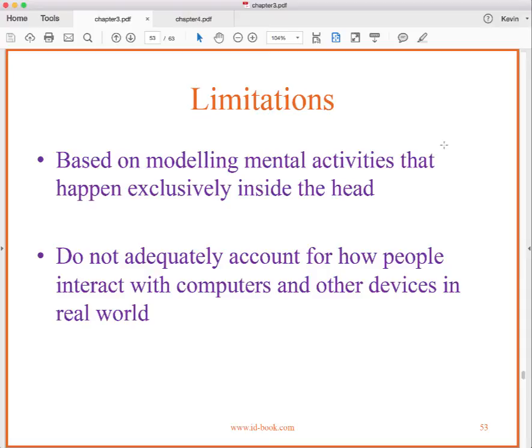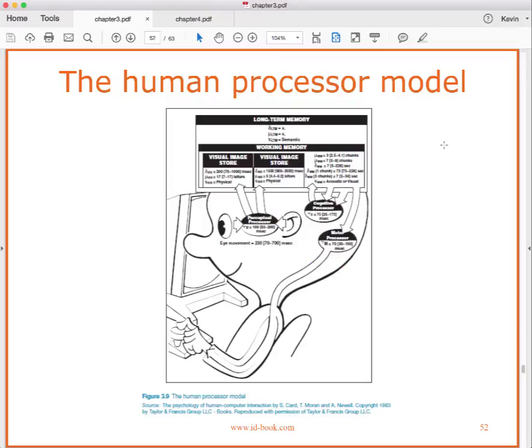So one of the problems is that these kinds of models were developed in a lab. So they lead to findings that are most useful in a lab, but sometimes they're not going to adequately account for how people really interact with computers in the real world. If we go back and see this person interacting with the computer in the lab, that's all very controlled. Compare that with